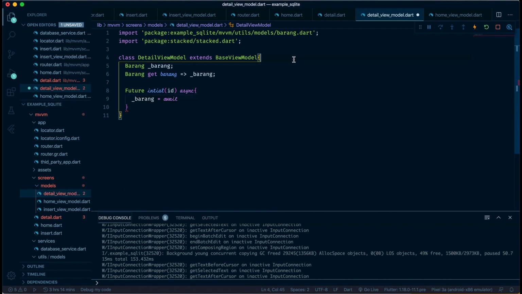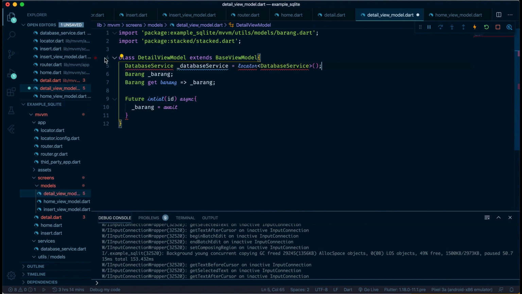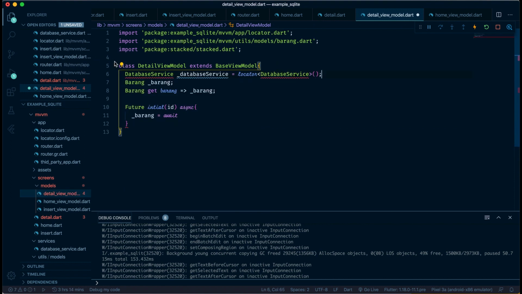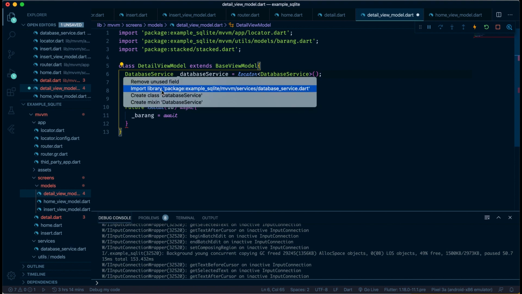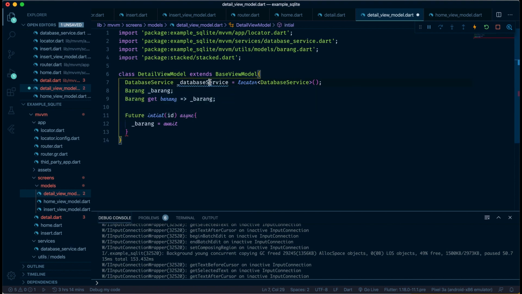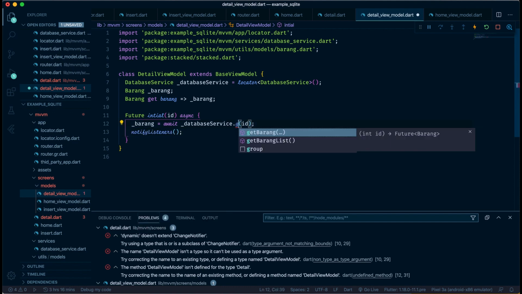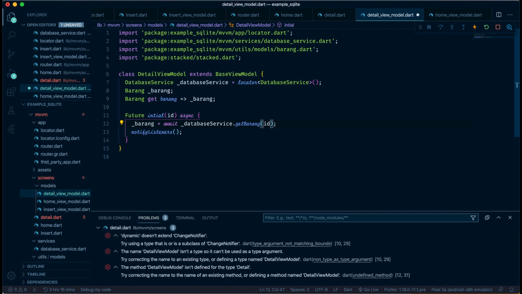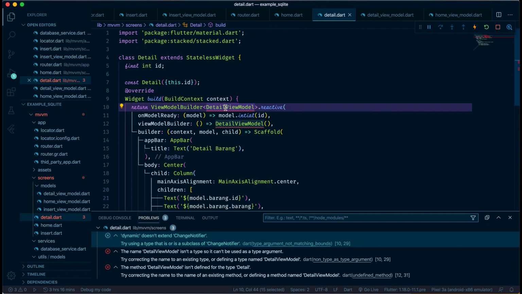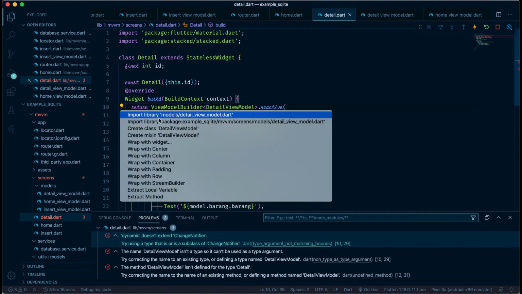So just copy and paste, and don't forget to import the package locator and import the database service. So in here just call delete, and ID is ID, something like this. Just call notifyListeners. This is not get delete, but get detail ID, get barang, I mean. So just forget this and save it, and you go to this one, just import the detail view model.